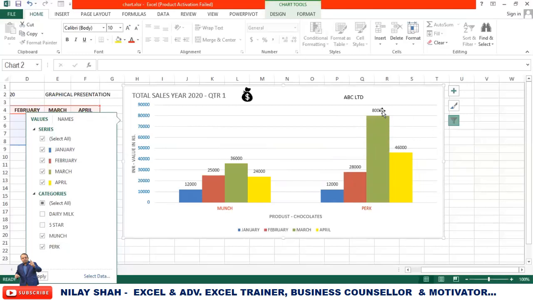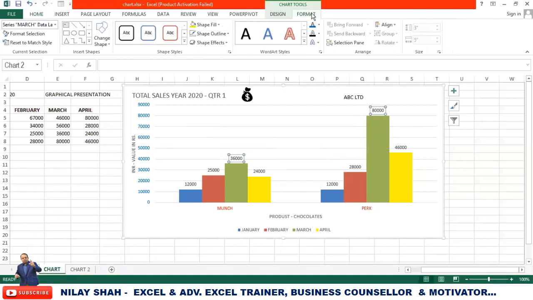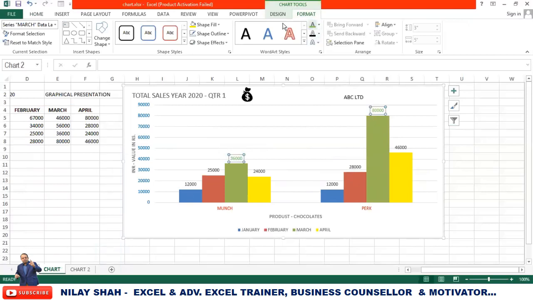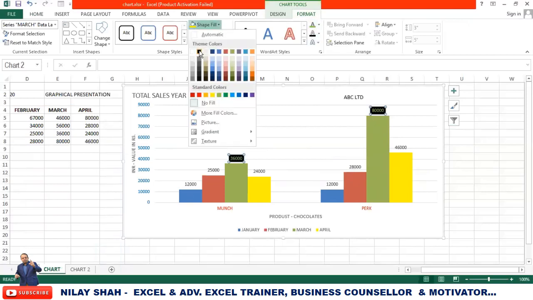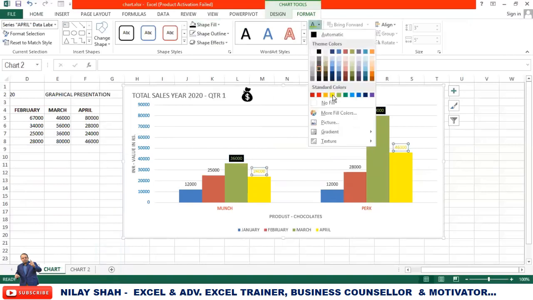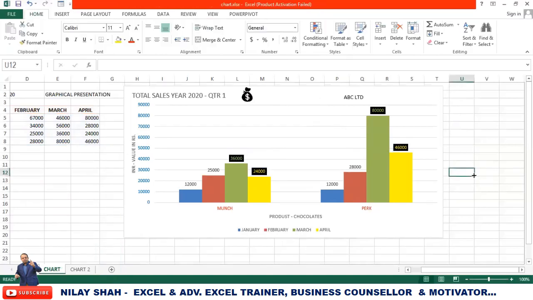Okay. If you want to change the color of this one, the text also, so just select your text, go to format, just click here, choose the color, whatever you want. If you want to change the background color of that, just choose that. Once again, this one, once again, the yellow color, once again, the background. So now you can see, you can highlight anything according to your requirement. So yes, guys, this is all about your charts.